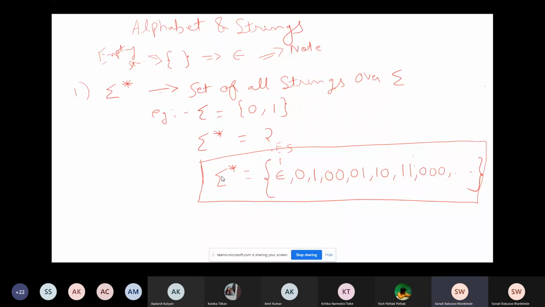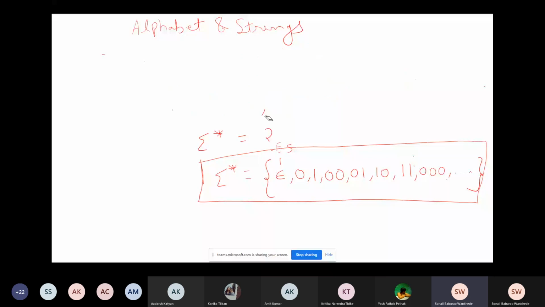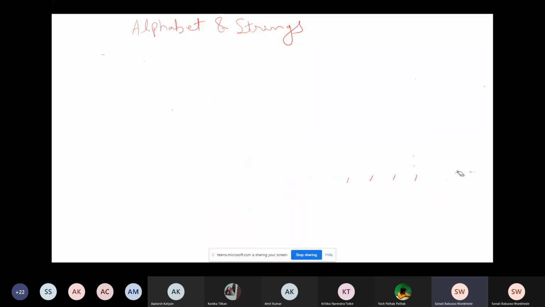Now we have something which is called string manipulators. We will see that. Manipulators are nothing but the operations which are performed on a particular string or alphabet. Similarly, as you had solved a few examples in your mathematics, like union, intersection, set difference, cross products, these are the operations which are used. Similarly, in our formal language we have certain operations, and the first one is something called concatenation.